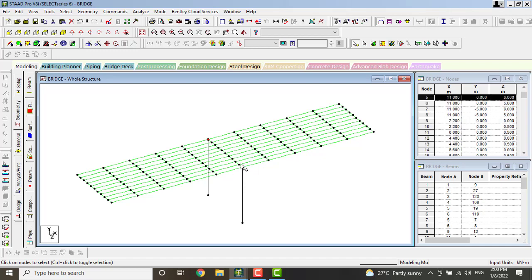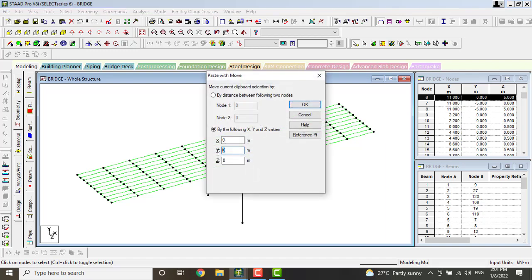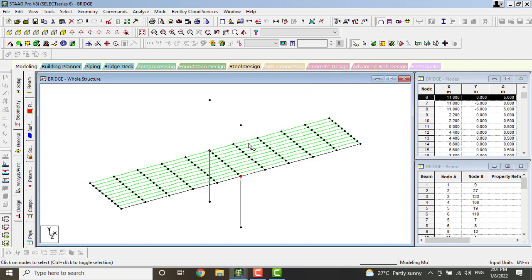Next, again take nodes, copy it, these two nodes, Control C, Control V, copy it above 5 meters. Click on OK. Go to add beam option and add those two nodes.